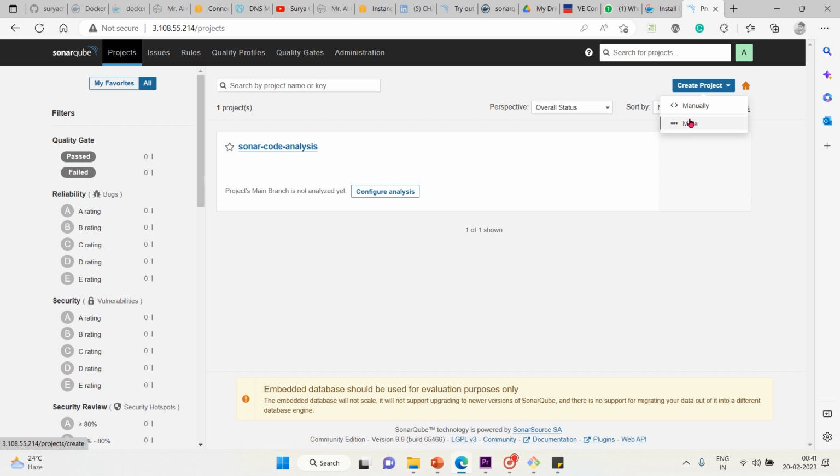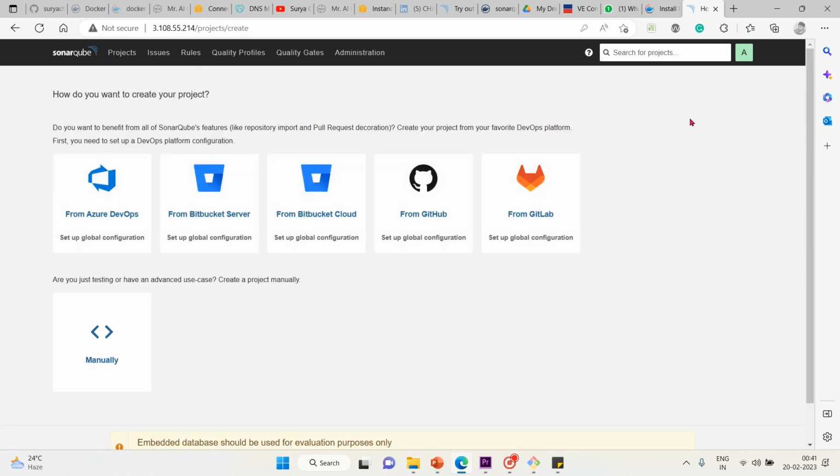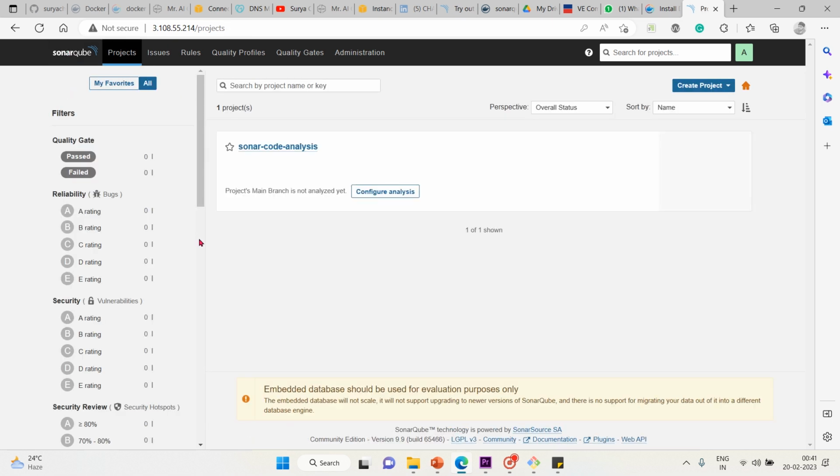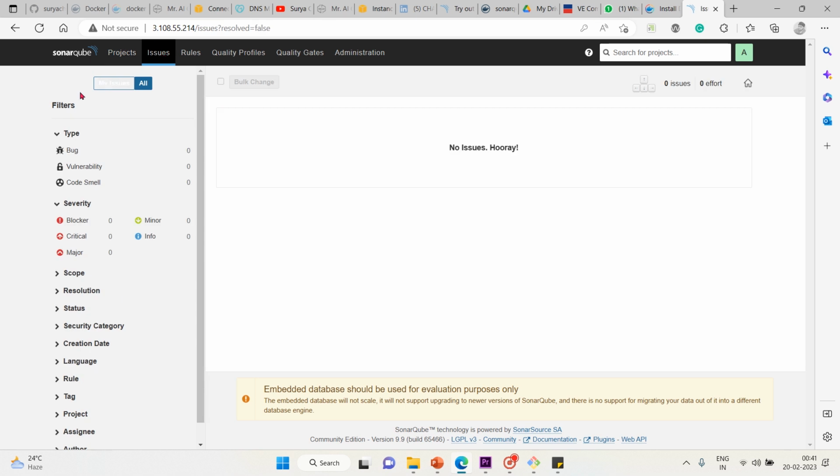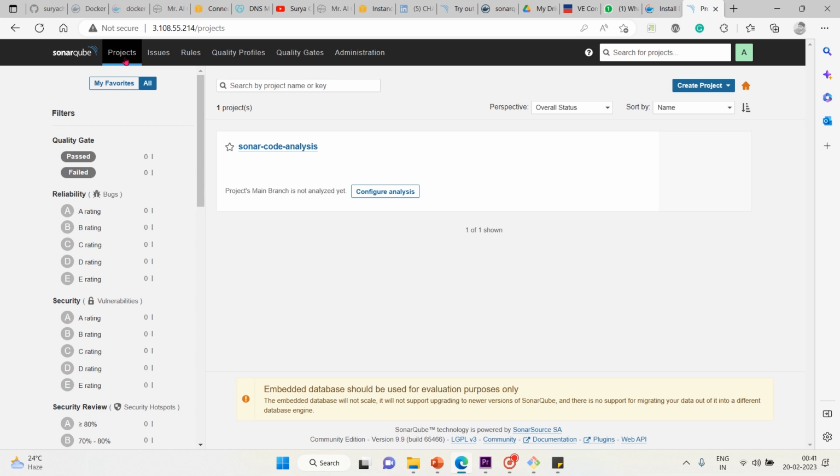One is manually, so you have to do it manually, or you want to integrate it with the DevOps pipeline. If you want to get back to the home page, click on SonarQube. So that's all about the projects tab of the main menu. Then we have issues. This is the issues page, but one more thing about the projects page is that here you'll have all the information,